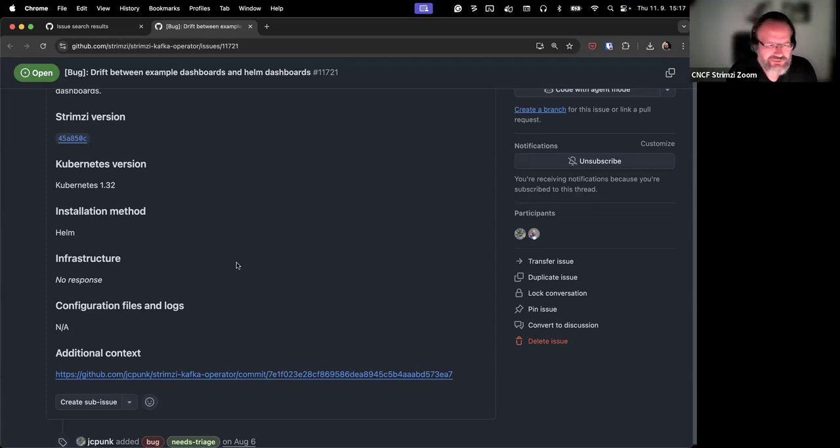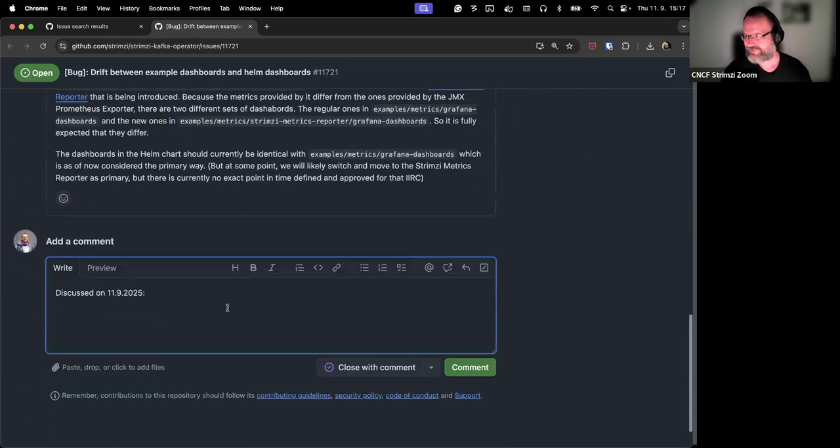The original proposal said that at some point, when we gain confidence, we will probably switch the defaults and the main examples to the Strimzi metrics reporter, and that's when I would expect to switch dashboards as well. But if users wanted that, you could probably have both sets of dashboards in the Helm chart, but only one would work, so that's a bit strange.